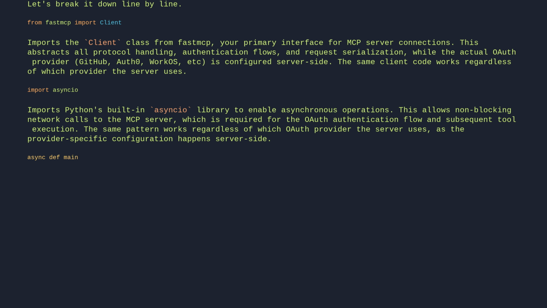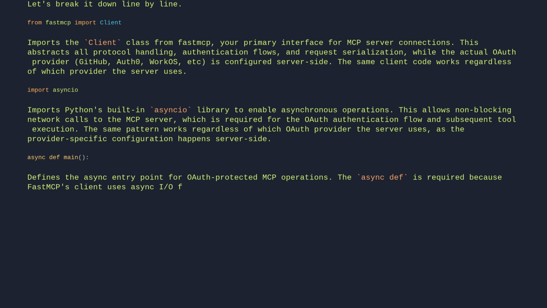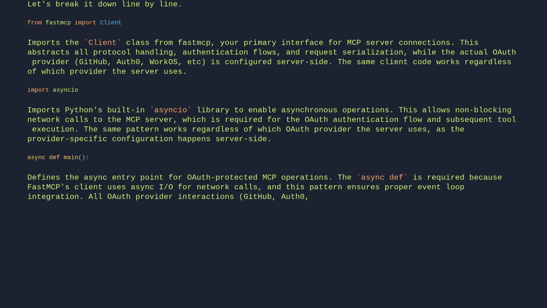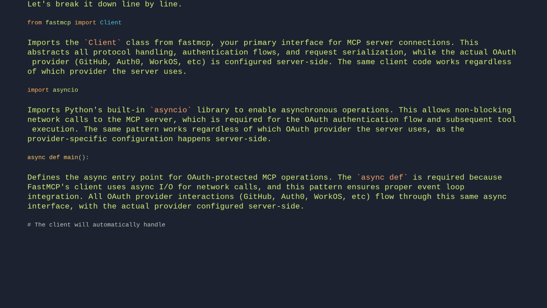async def main. Defines the async entry point for OAuth-protected MCP operations. The async def is required because FastMCP's client uses async I/O for network calls, and this pattern ensures proper event loop integration. All OAuth provider interactions, GitHub, Auth0, WorkOS, etc., flow through this same async interface, with the actual provider configured server-side. # The client will automatically handle WorkOS OAuth. async with Client("http://localhost:8000/mcp", auth="oauth") as client: